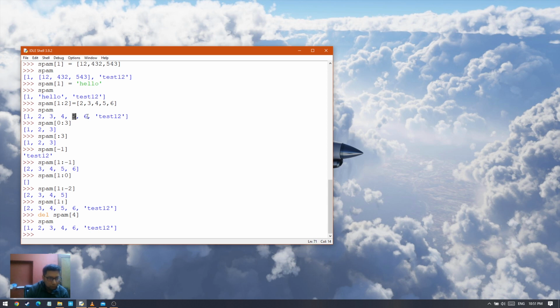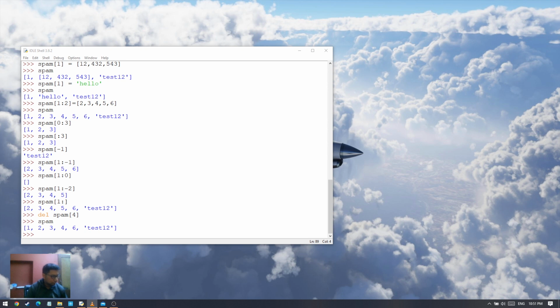All of the items after that get moved up 1, so it doesn't leave any gaps in the list. So if I ran del spam 2, it would delete the item at index 2, which is